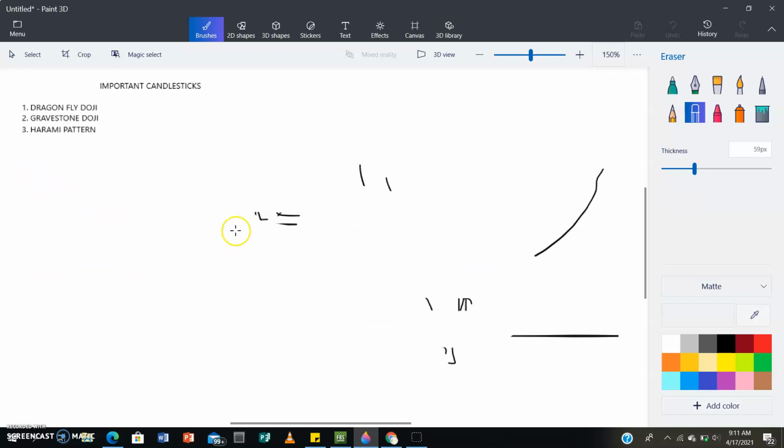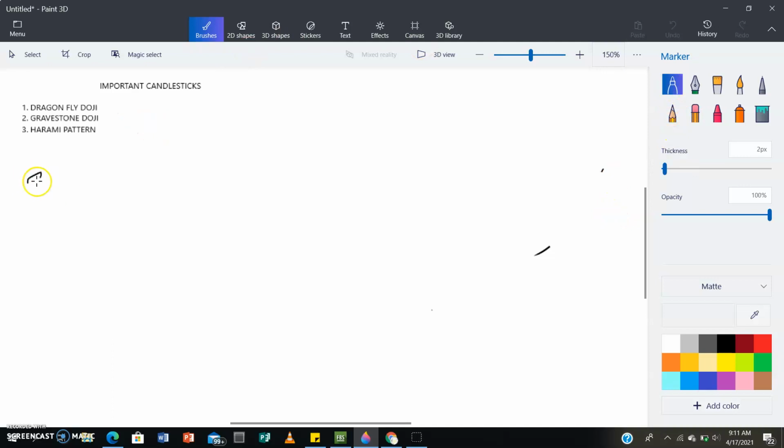So the gravestone doji is simply the opposite of the dragonfly doji. And what I mean is, number two is we have a candlestick pattern like this, or a candlestick formation like this. Can you see the difference within the doji? The doji is simply this, but then the gravestone is now something like this. Okay, so basically it's a bearish version of the dragonfly doji, and it has a long upper wick,